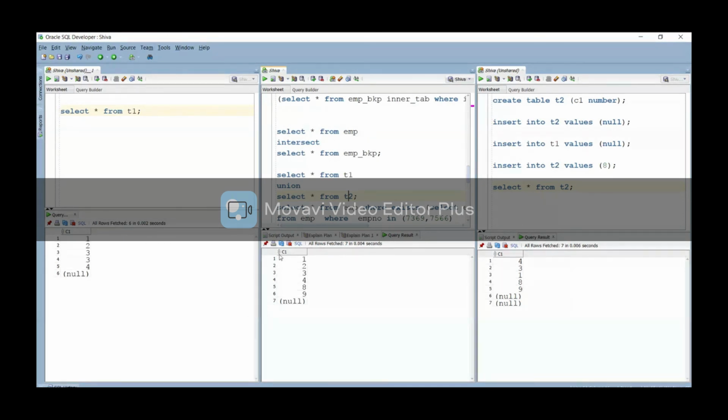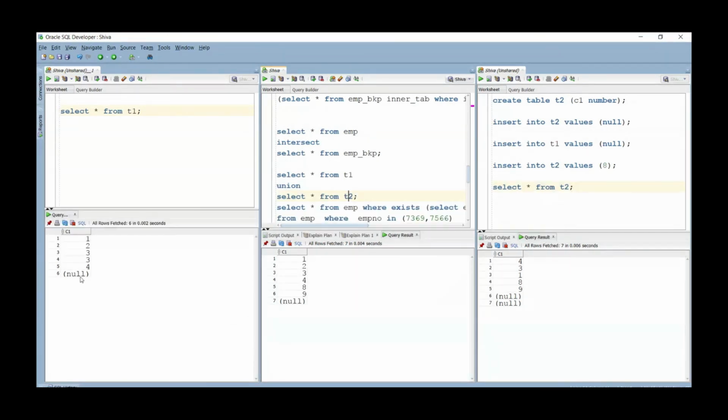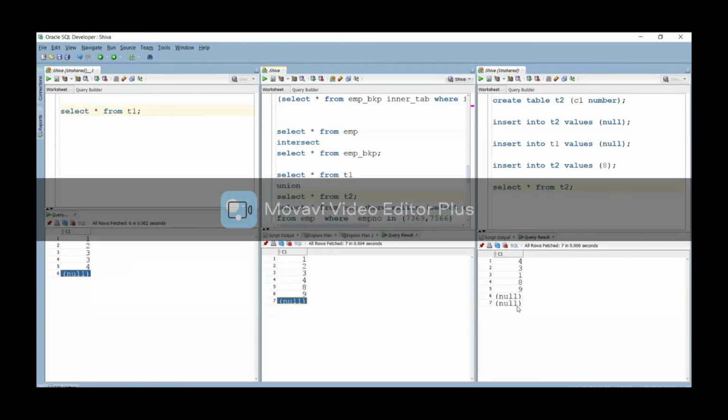No, right? Got it. So see, I said null is not equal to null. I explained it yesterday, right? But why are we getting this here? We have the null here 1 and another 2 nulls we have. It needs to display like 3 different values, but we are displaying only 1. But the union operator has the capacity to compare with the null values.